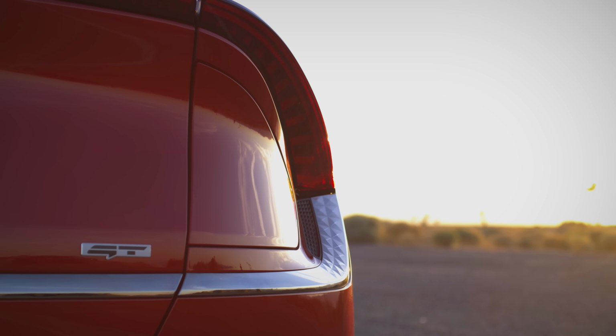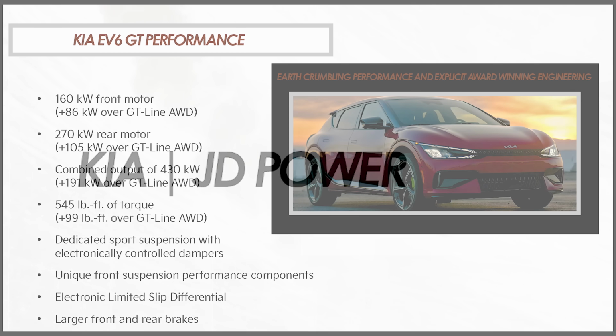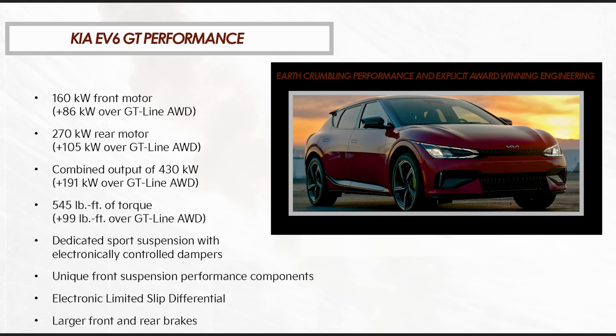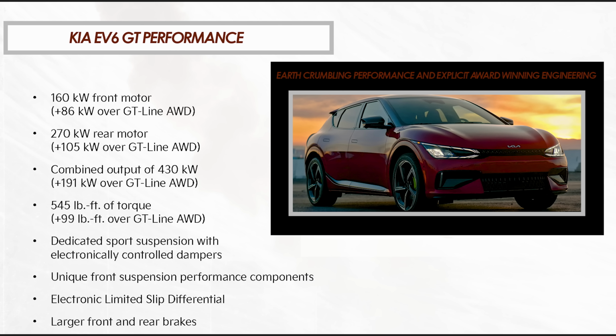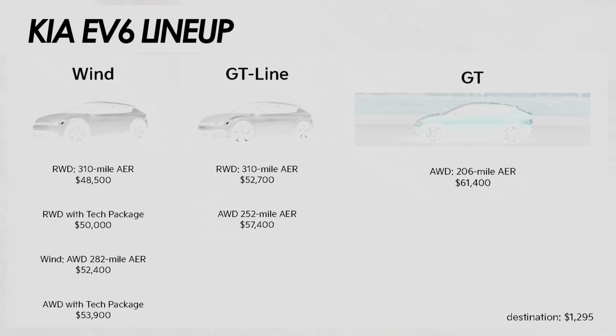So what is the EV6 GT? Well, this is their most powerful EV that Kia currently sells here in North America. It is good for a total output of 577 horsepower from its two electric motors. The front motor puts out 160 kilowatts, the rear motor puts out 270, and according to Kia's marketing team, this means it's good for 0 to 60 in the low threes,